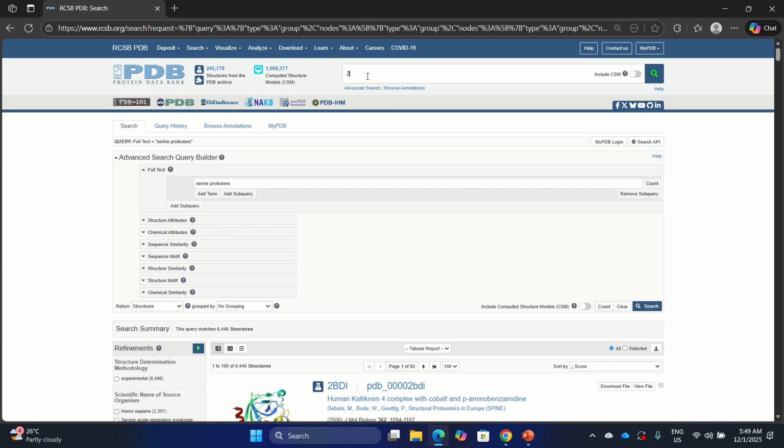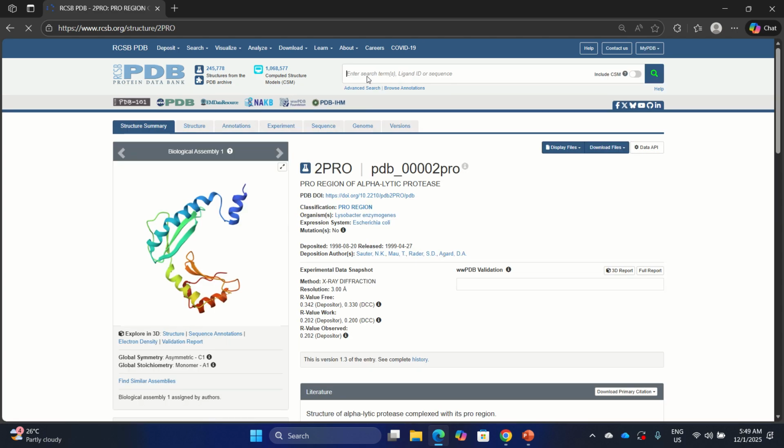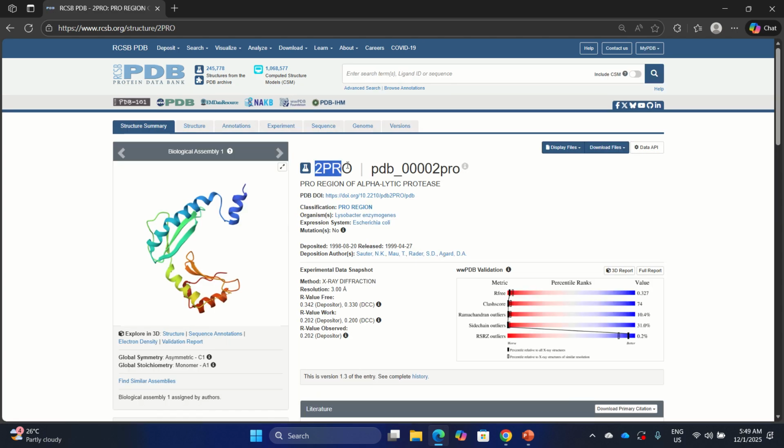Let's say you want to check for the 2-PRO protein. This 2-PRO, this four-character alphanumeric code of letters and numbers, is the PDB ID. The PDB ID is given to the structure during deposition in the PDB, so it's unique.